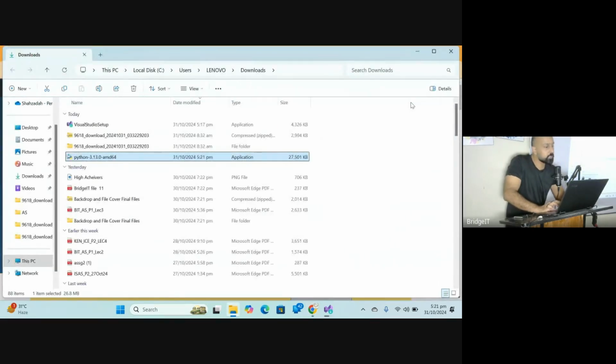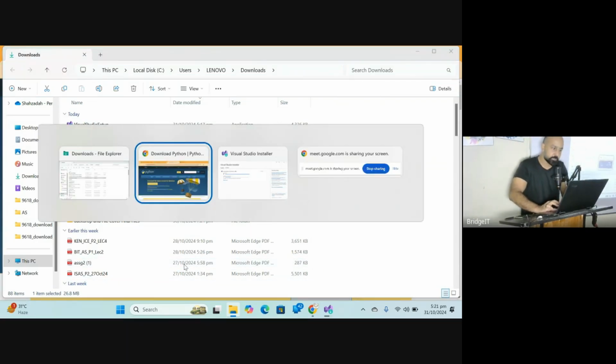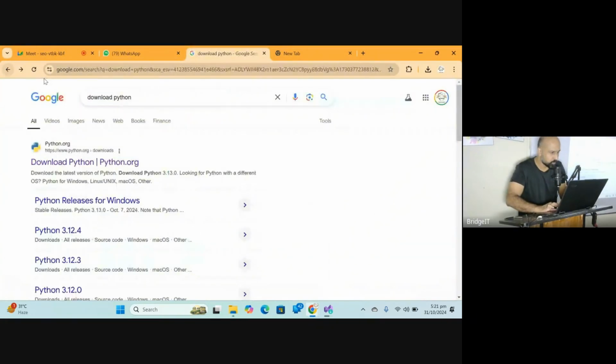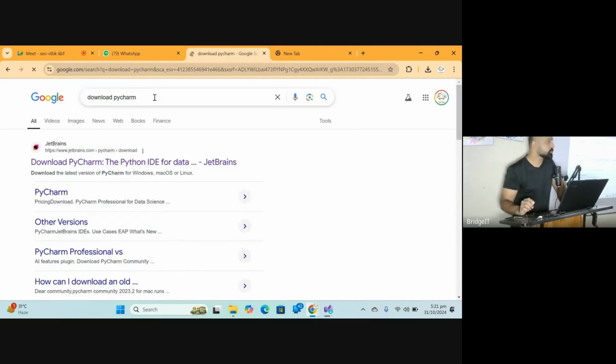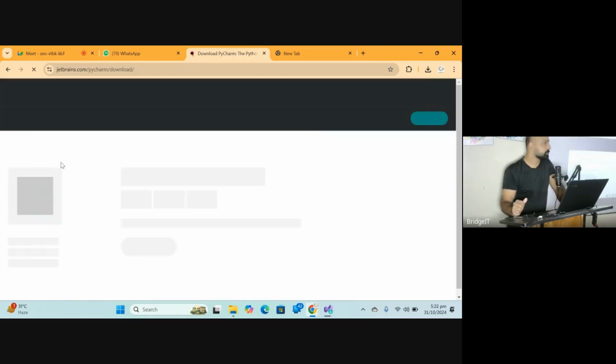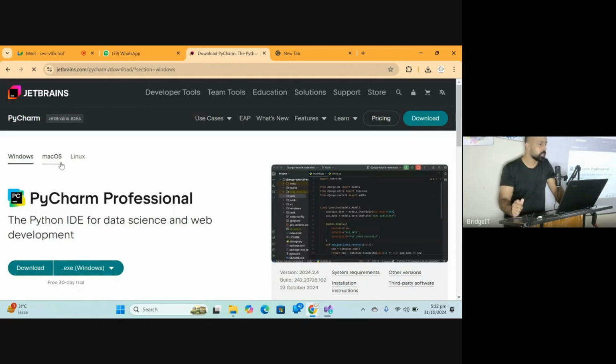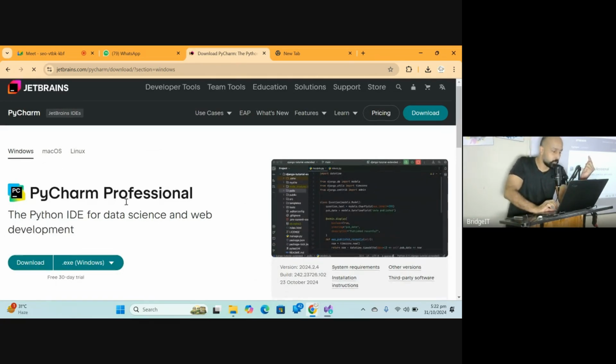For Python, you have to download 2 things. One is this Python compiler from python.org. You simply double click it and install. That's it, there is no complication in it. After doing this, you go back to Google and write Python PyCharm. It is recommended instead of Spyder, Anaconda, or any other flavor of Python. PyCharm is the best version for students to learn from, and not PyCharm Professional, but PyCharm Community.